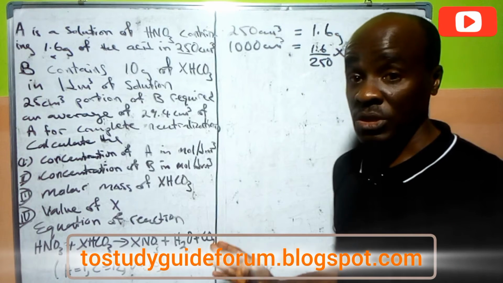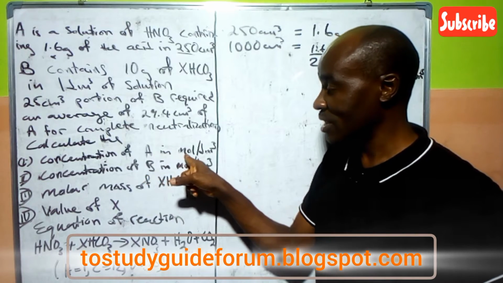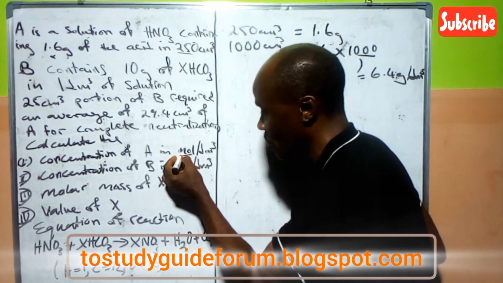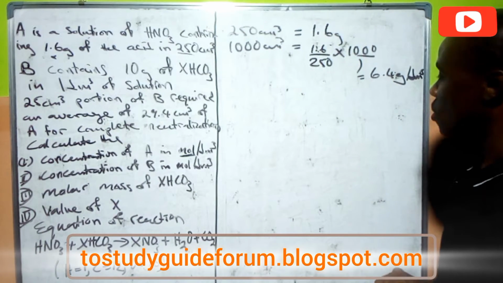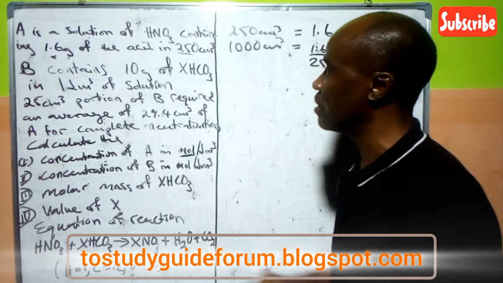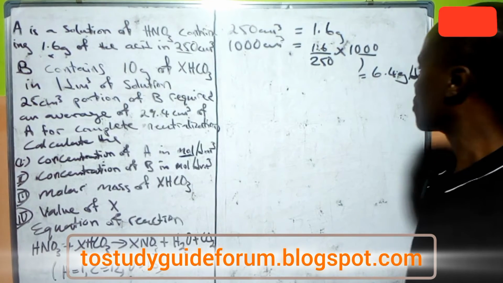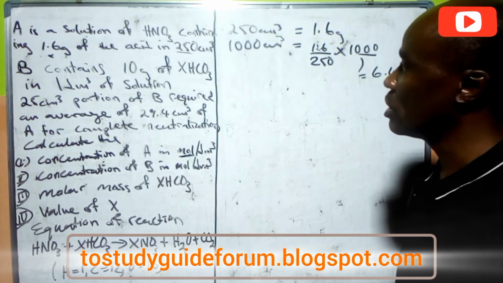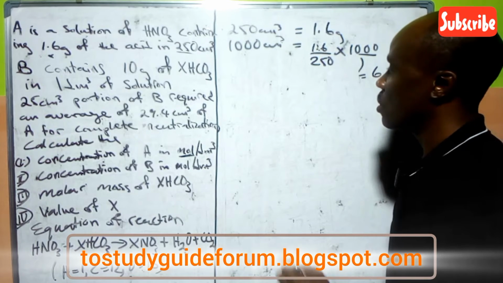But that's not the end of the game, because they said in mole per dm cube. If you are going to do it in mole per dm cube, we know that we need to find the molar mass of this. So we need to get the molar mass. Then what are we going to do there? We know that